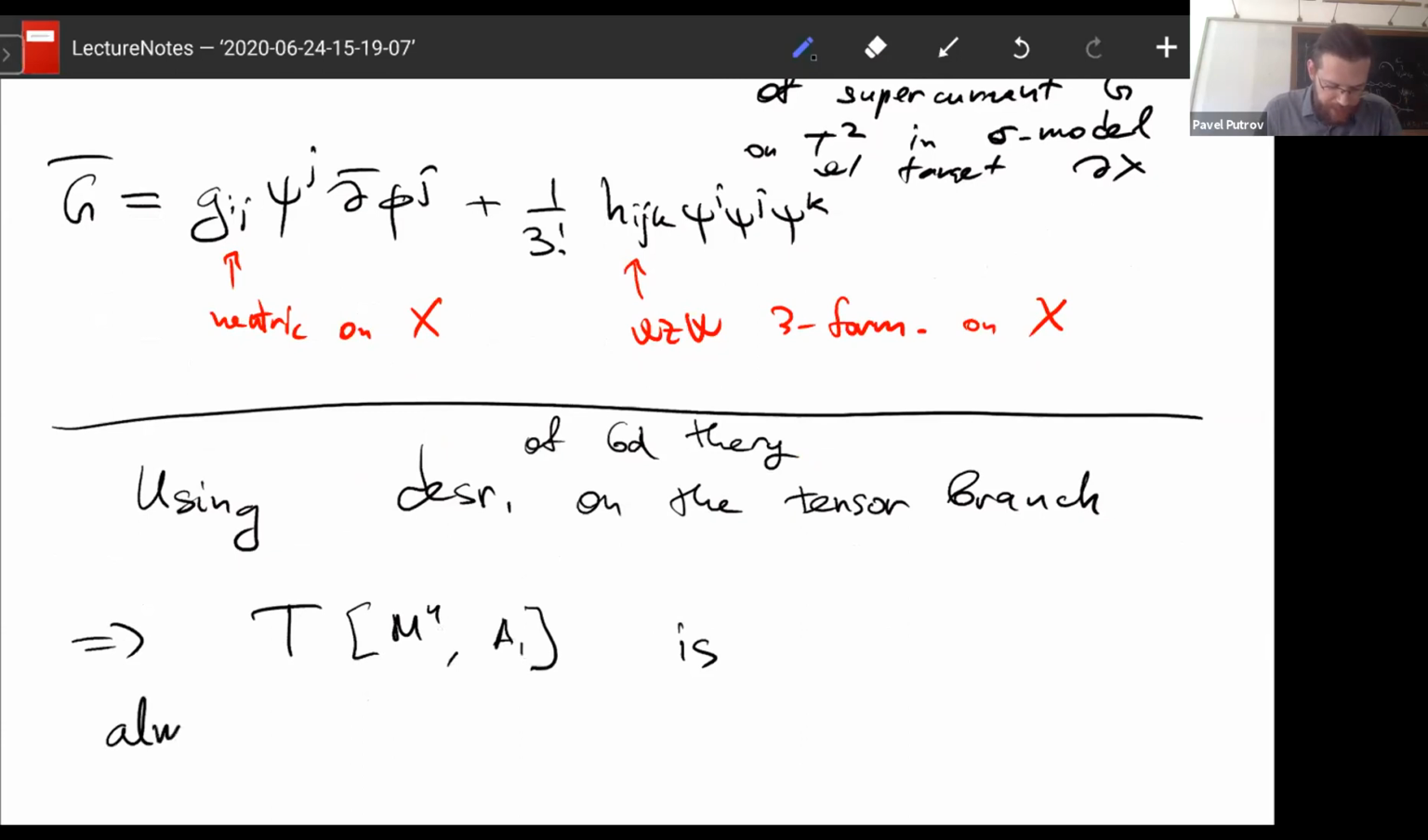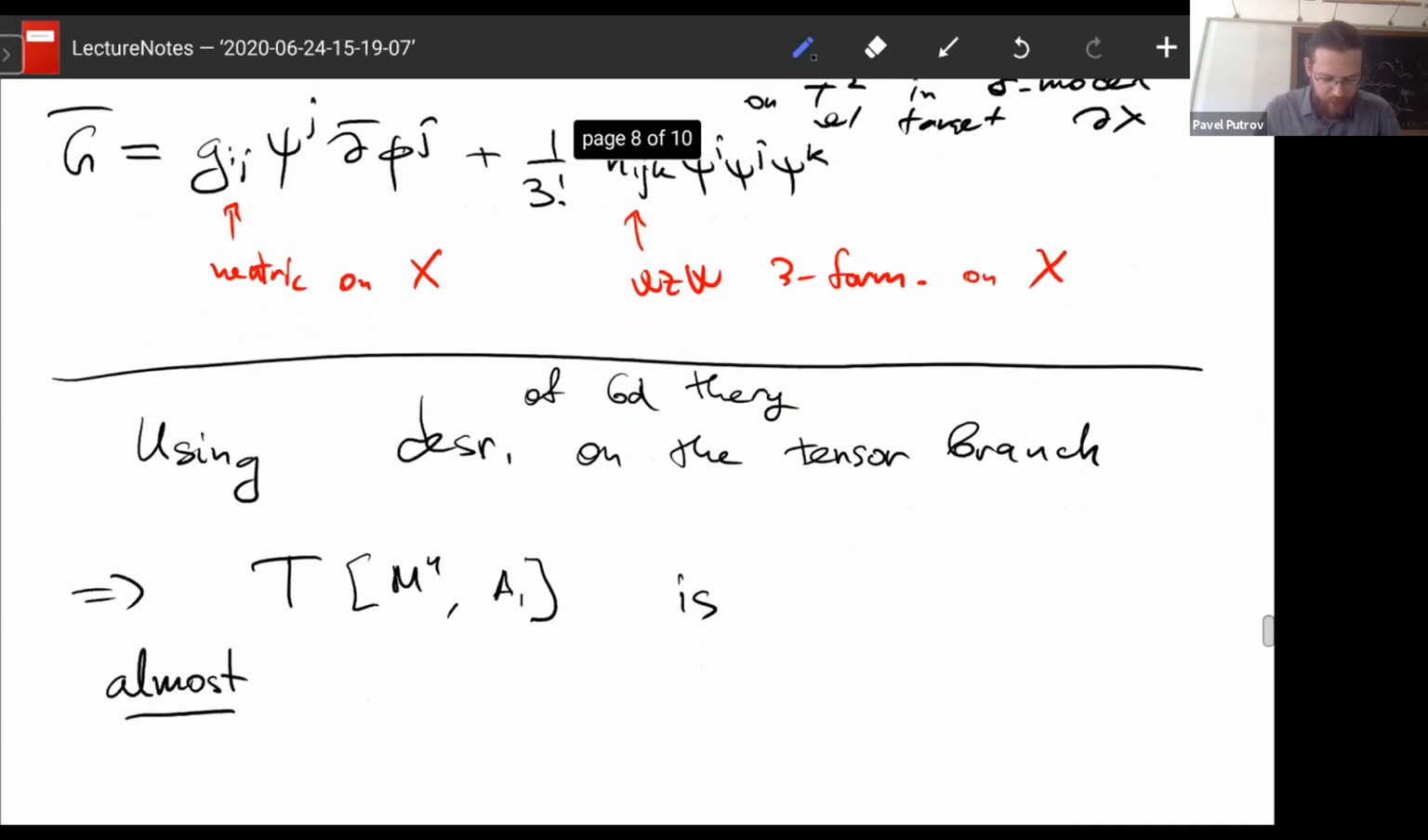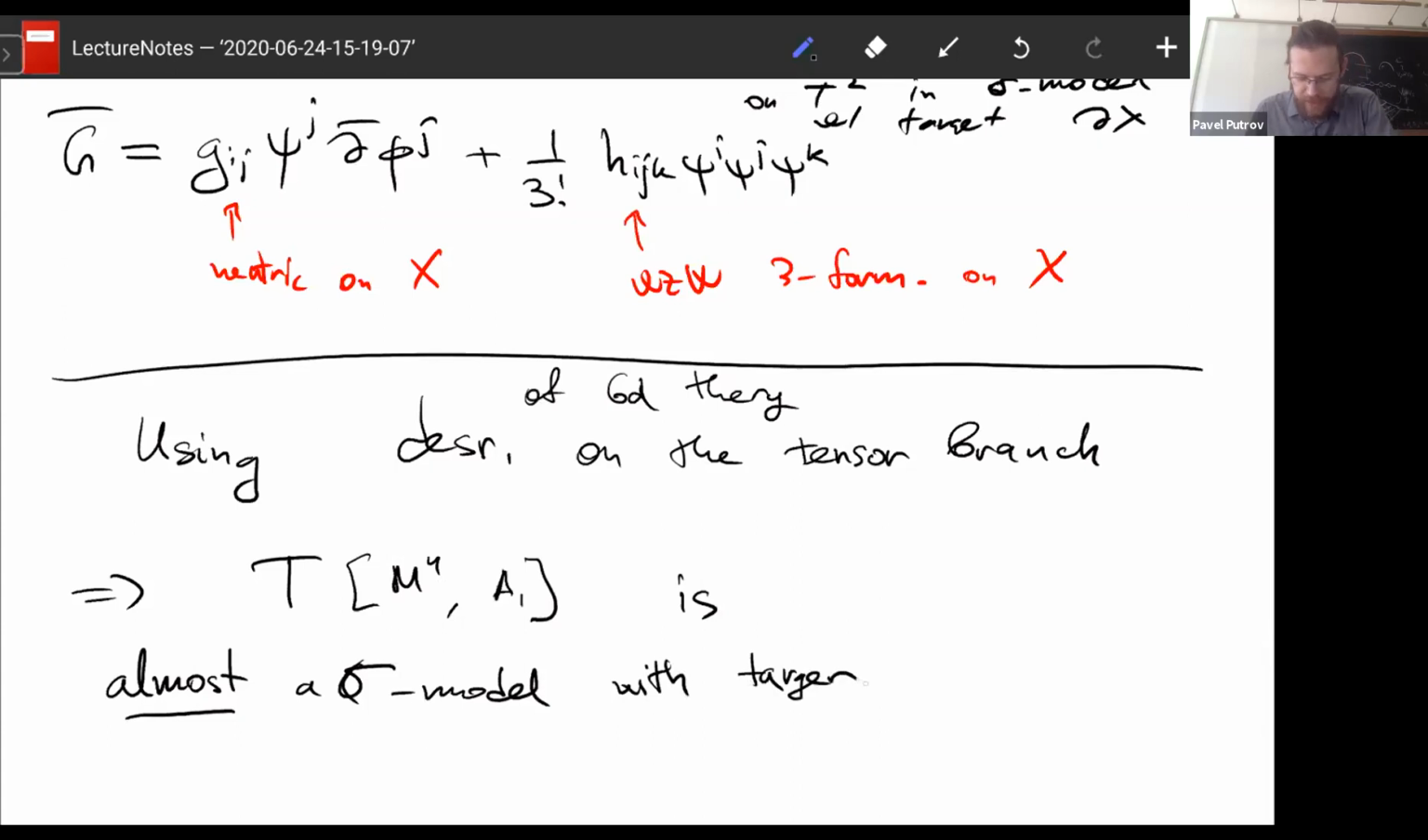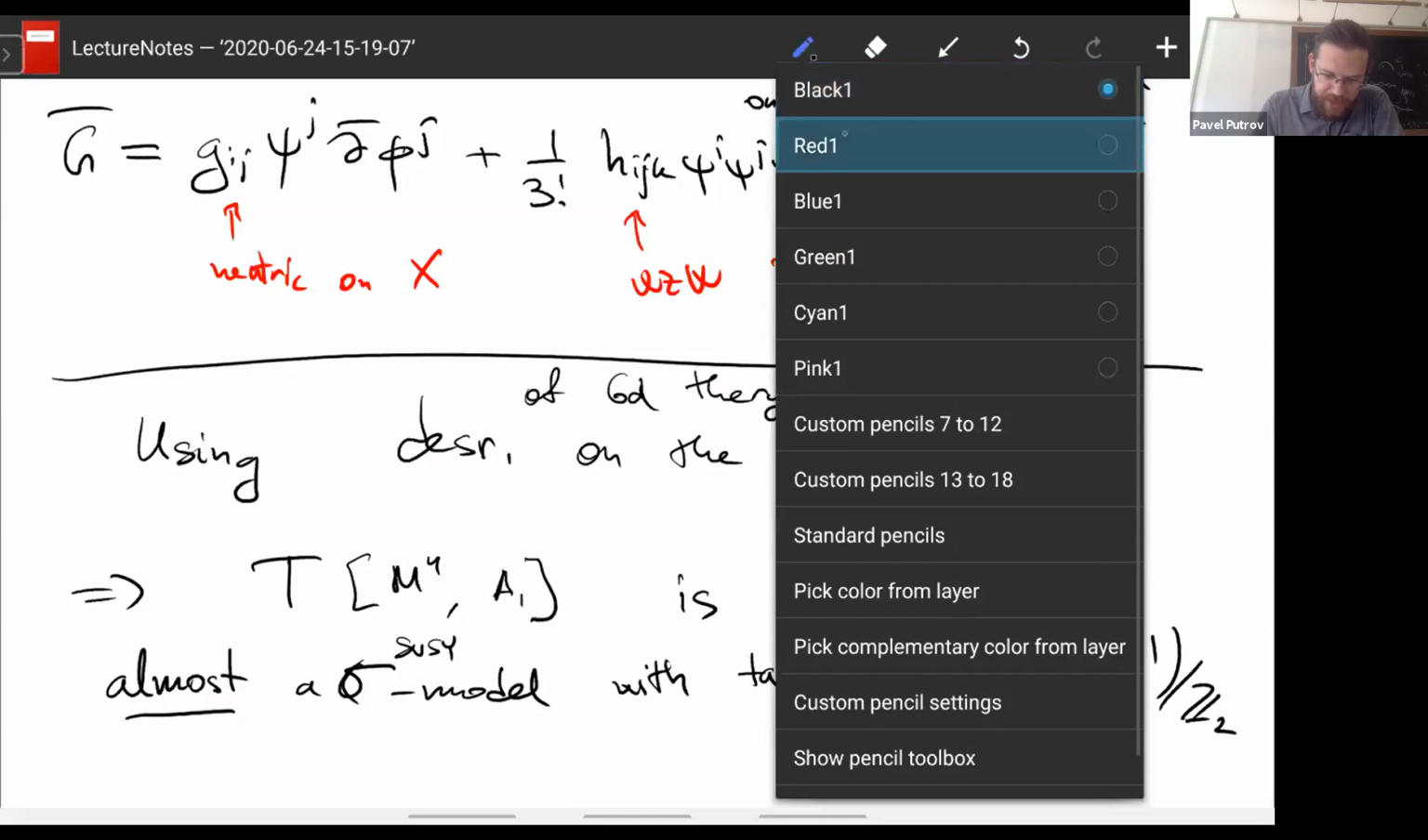So the result is that this T of M4 is almost a supersymmetric sigma model with target of the class I considered before, with the target X being R^3 times S^1 divided by Z2, and almost means that